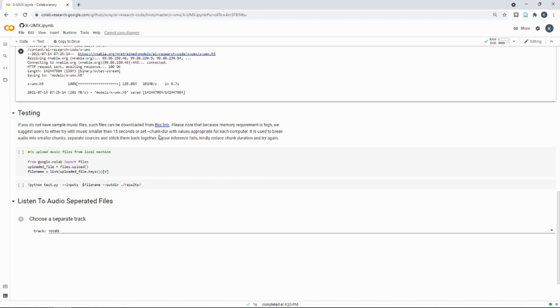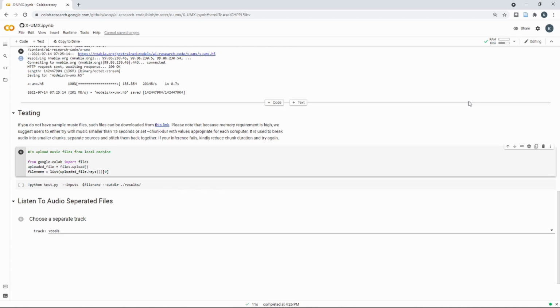If you want to use it for a longer music file, you'll need to split them up into 15 seconds chunks, perform the source separation per chunk, get the music files of the different sources, and then you can stitch the different sources per chunk back together to get the complete files. Now for the purpose of this video, I already have a 15-second sound clip prepared by my colleague Andrew Shin. A big shout out to him for helping me with this.